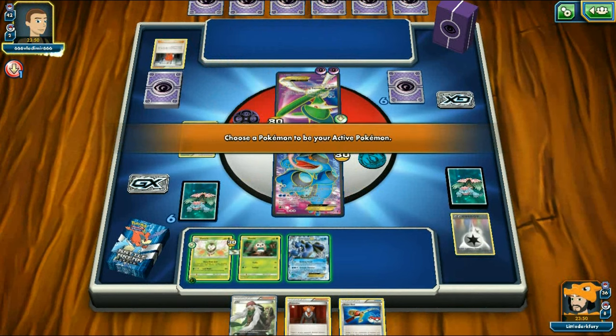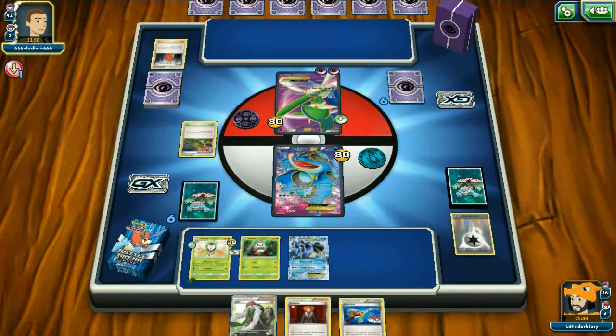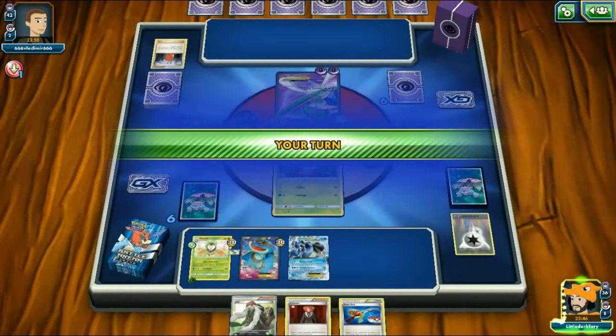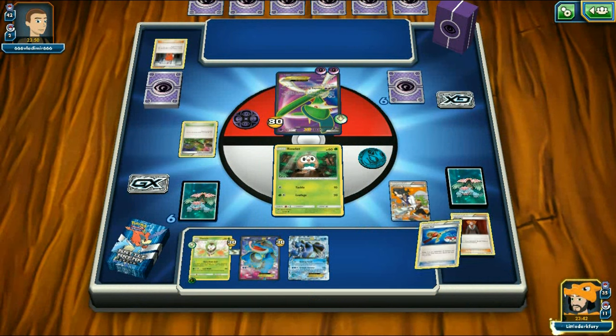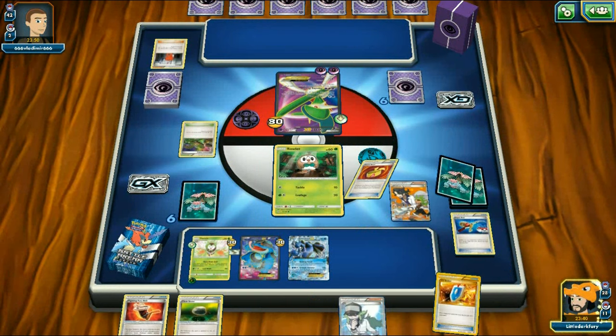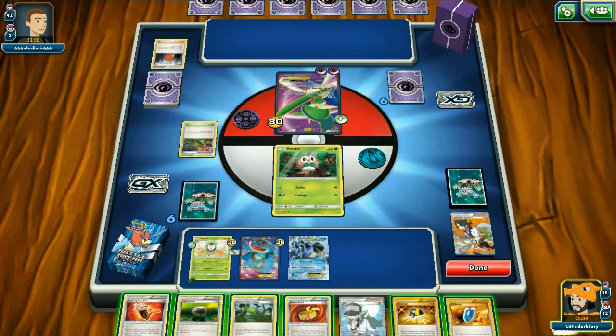If not, I might just... Okay, I'll just bring out Rowlet. I'll let Rowlet get knocked out. Okay, what can we top deck? Thank you. Thank you. Jesus. Alright. What are we going to get? Okay, a